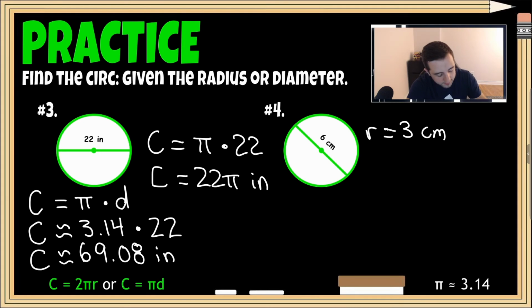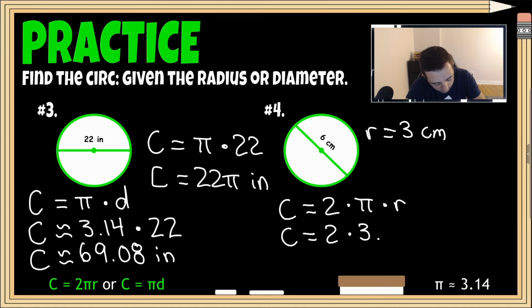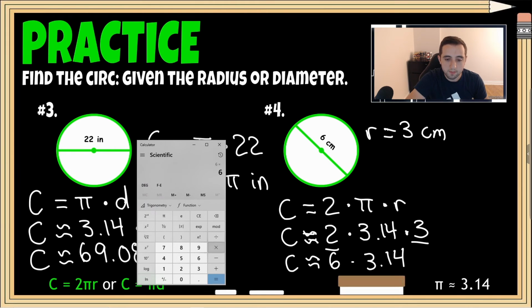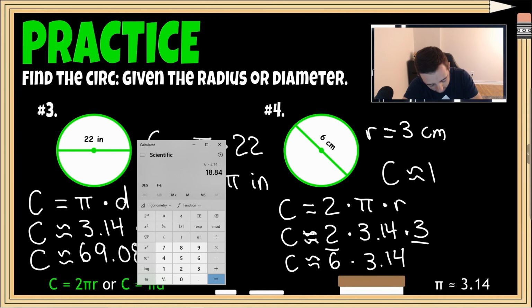And now I'm going to use circumference equals 2 pi r. So we have circumference equals 2 times pi times our radius. Let's plug in our values. So C equals 2 times pi, or 3.14. And again, we want to just change this to an approximately symbol before I forget. Times our radius, which is 3. I know 2 times 3 is super easy. That's 6. So circumference is approximately 6 times 3.14. Okay, let's multiply those. So we get 6 times 3.14. And we end up getting our circumference to approximately be 18 and 84 hundredths, and we're dealing with